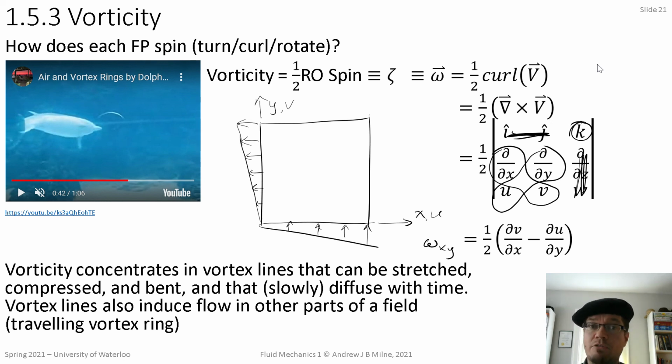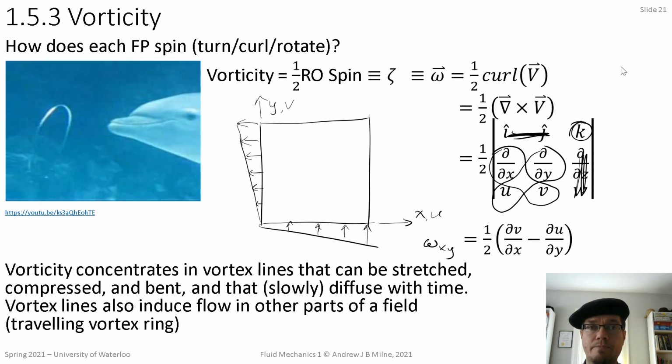Yeah, so it's a really interesting way to think about fluids. It's not going to be in our course a lot, but it is something that you should know about at this level. So to sum